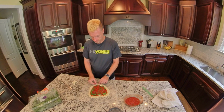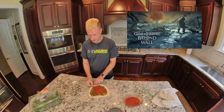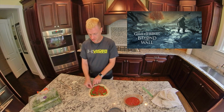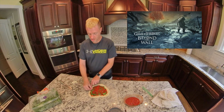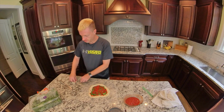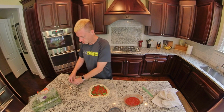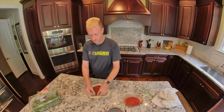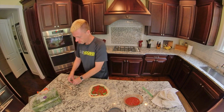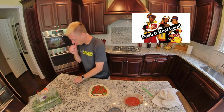so that it tends to block the tomato sauce from running off the parchment paper. So I just make almost a little barrier, if you will. Push it down in there, and then